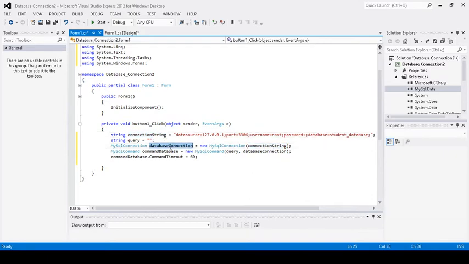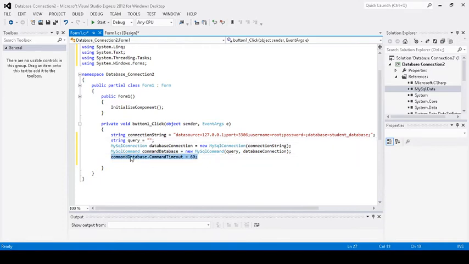Okay, and then we created an object. This is a variable, the variable database connection. And then here we have the query, so that it will connect our database connection. For the query, we have the save, read or show, we have the update, and then we have the delete. So later on, we'll be having a demonstration on that. And then we have the database connection timeout for 60 seconds.